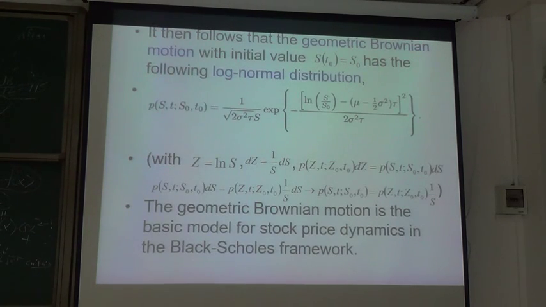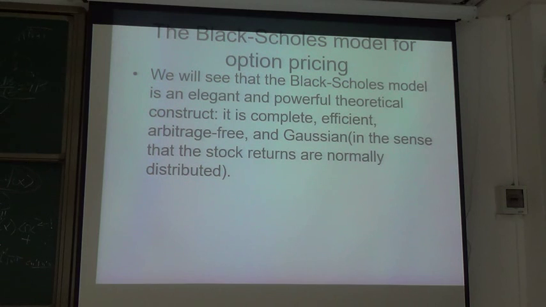So, after we get the distribution of geometric Brownian motion, we go to the Black-Scholes models for option pricing. You see that the Black-Scholes model is an elegant and powerful theoretical construct. It is complete, efficient, and soon we'll introduce what the completeness of a model is. And it is so similar to the physics of vector expansions. And it is efficient, arbitrage-free, and Gaussian, as we see above, in the sense that the stock returns are normally